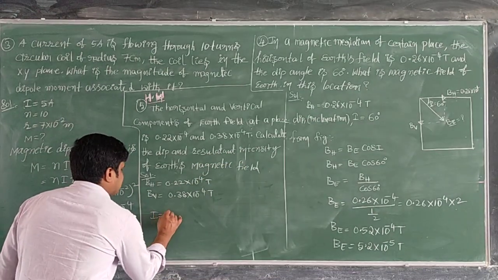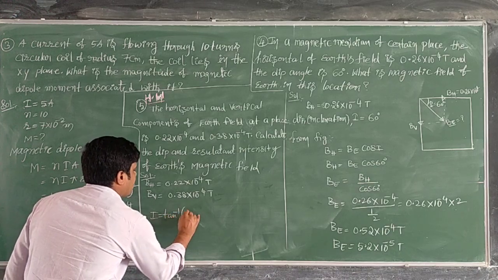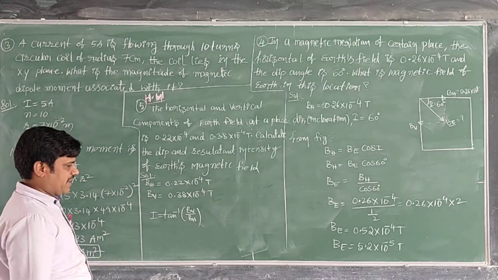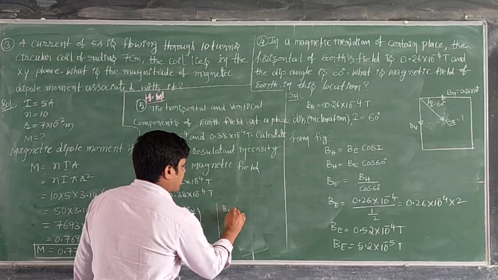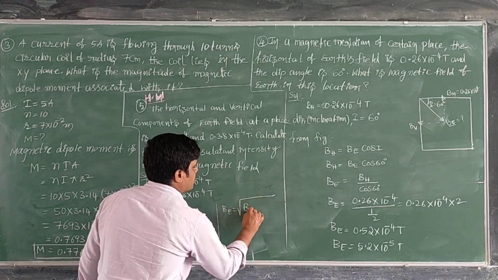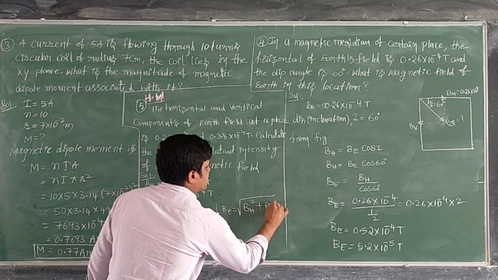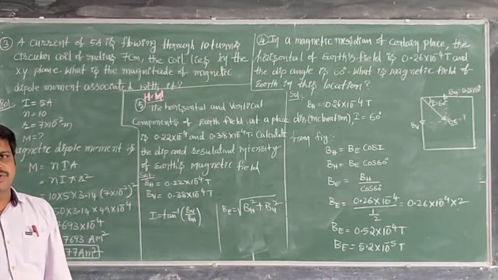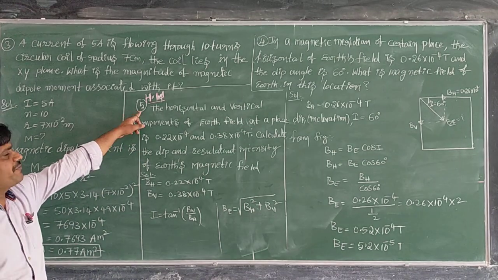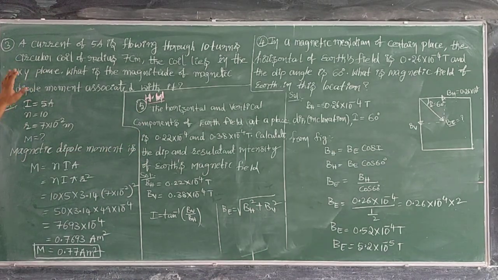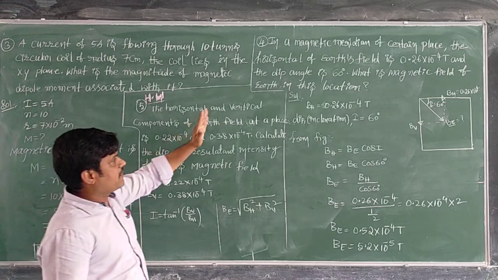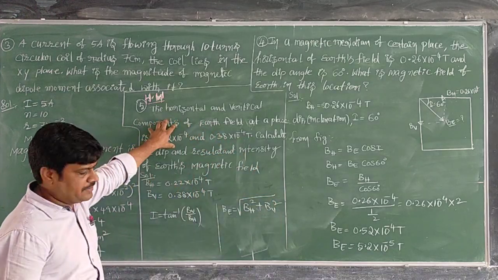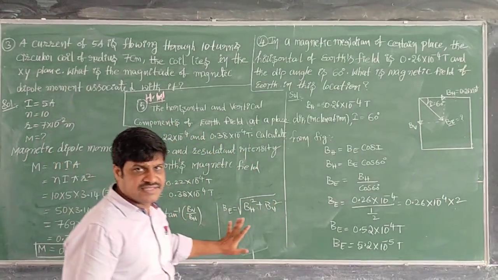So dip is I equal to what is the formula? Tan inverse of the vertical component of Earth's magnetic field divided by the horizontal component of Earth's magnetic field. In a similar way, the total magnetic field of Earth is equal to the square root of BH square plus BV square. These formulas I have already given in the theory. According to that, you just find the answers. That is problem number 5. See, this is problem number 3, its answer is here. This is problem number 4, its answer is here. This one is problem number 5, its answer you have to solve here.